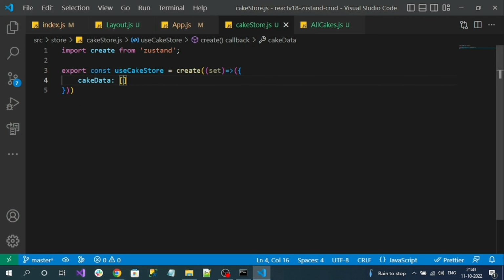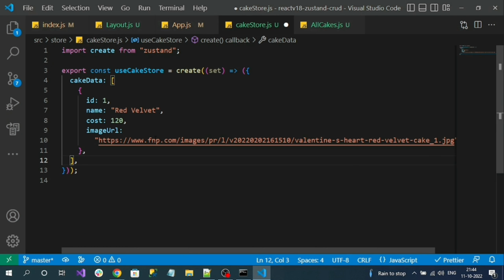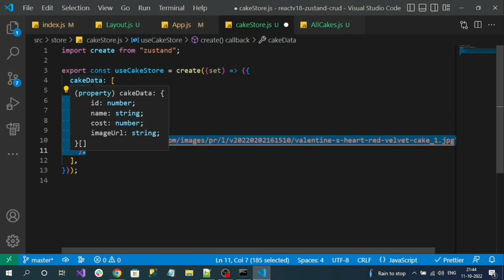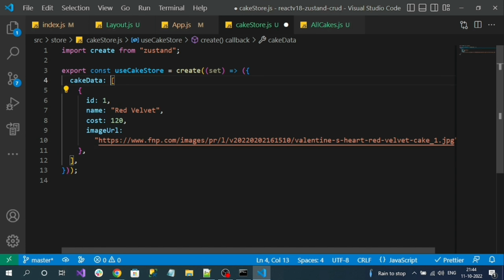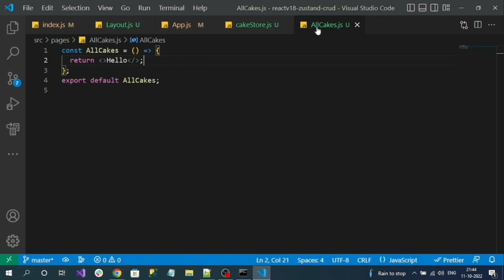So let me add some static data here. This is something like tester data. So my cake data is an array, and that array contains objects with properties. It will have ID, name, cost, and image URL. So in my store, I have some data inside of the cake data. Now I want to read this data into my all cakes component, and I want to render it on my